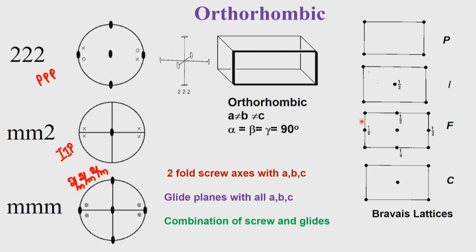What happens in case of the F centered? In case of the F centered, we have 1, 2, 3, 4, and then 2 half ones 5 and 2 half ones 6. So, totally how many are there? 1 corresponding to the edges and 2 more corresponding to the centering with respect to the center of these axes and 1 at the center. So, totally it will be 4. So, the number of lattice points for an F centered orthorhombic lattice will be 4.